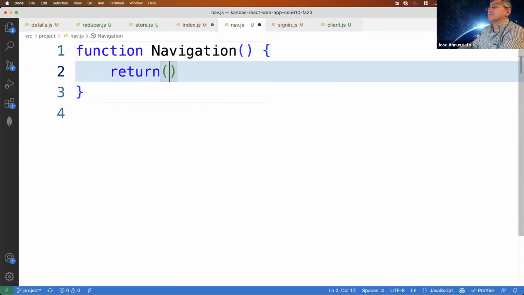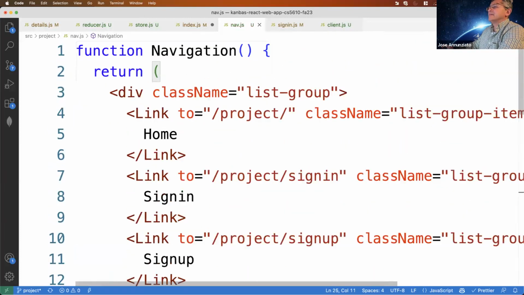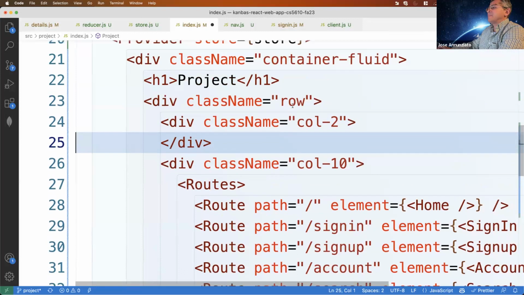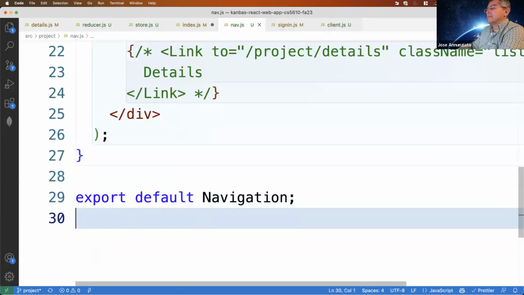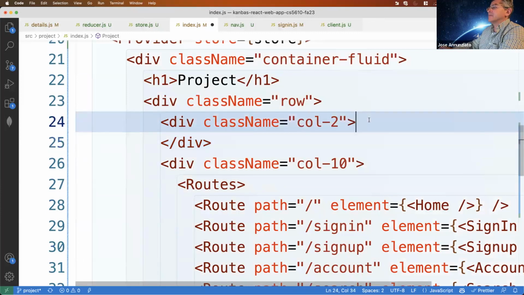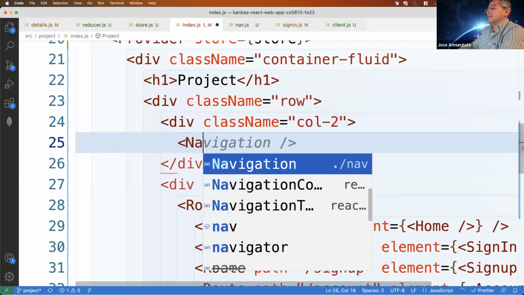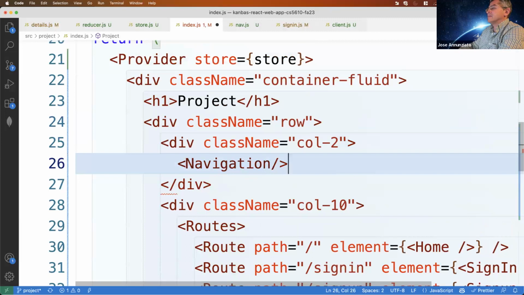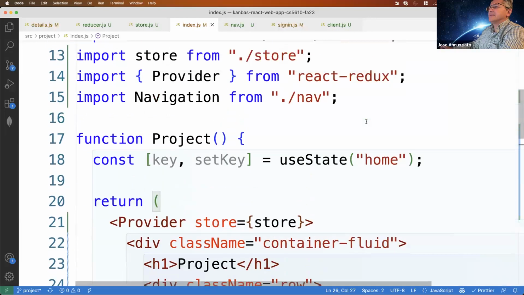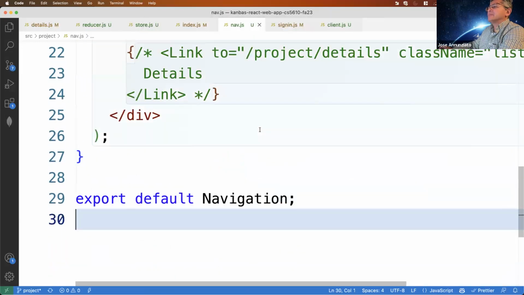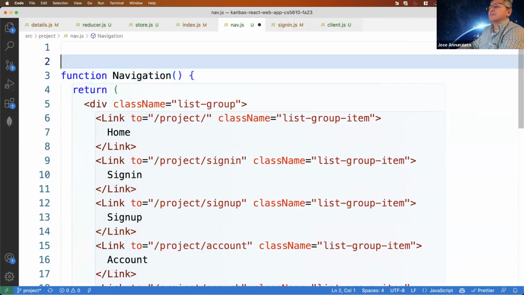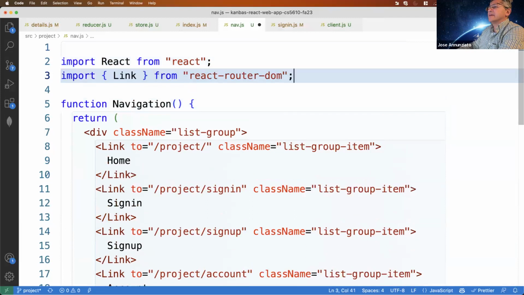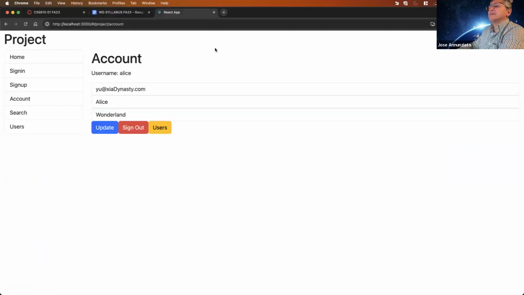There's going to be a return like that. And then I'm going to export this. So it's going to be export navigation, and I'm going to import from here. So this would be navigation like that, which is imported from there. Perfect. And then probably need to import a few things here. React, link, anything else? And there it is.